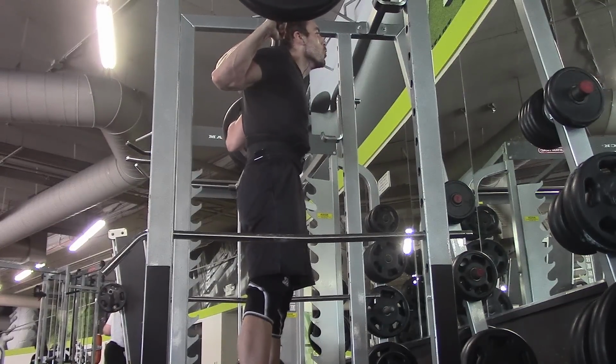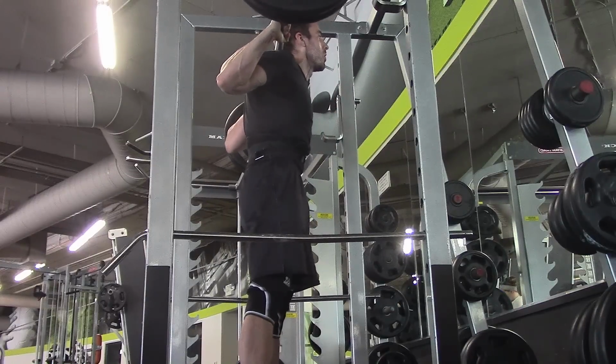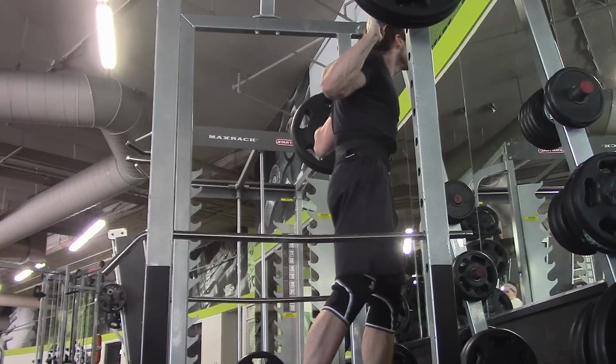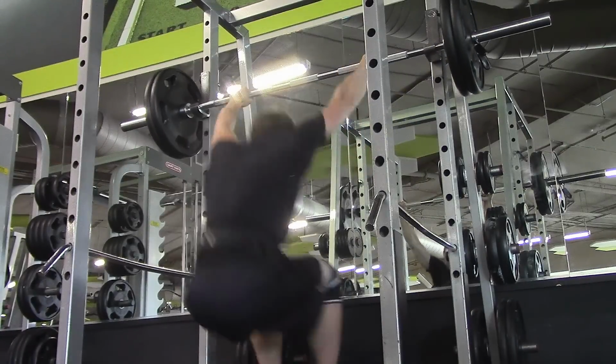I got to stay focused on the objective ahead of me rather than where I want to be ultimately, which is, I do want to be bigger. I do want to be stronger. But right now, the main goal is to get as lean as possible, maintain as much muscle mass as possible. And that's why I think it's still a good thing that I can put in really solid efforts on training